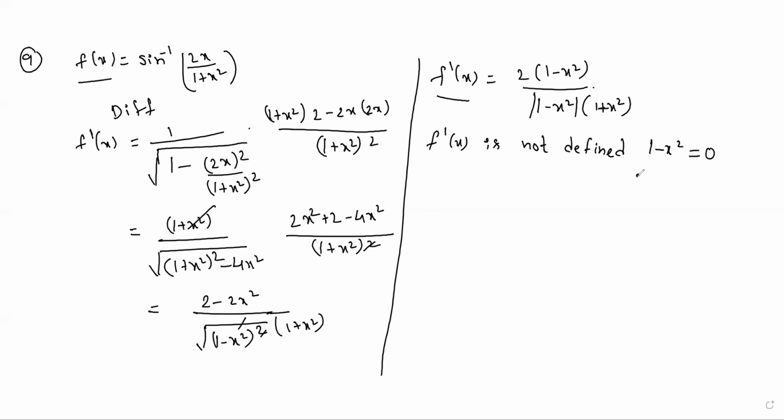Okay, that's why we are not including those not defined points. x is not equal to plus or minus 1, where it is not defined. That's why at these points, clearly f is not differentiable. Therefore, from all real numbers, we need to remove these 2 points. Finally, we can write f is not differentiable at all real numbers except at minus 1 and plus 1. Therefore, which option is correct for this? Option B is the correct one.